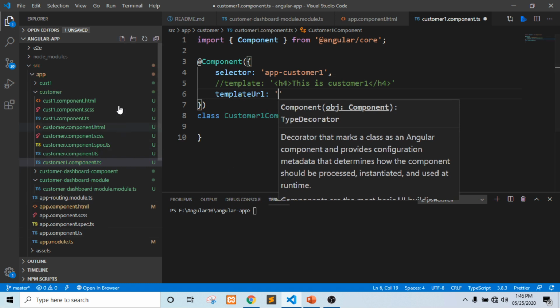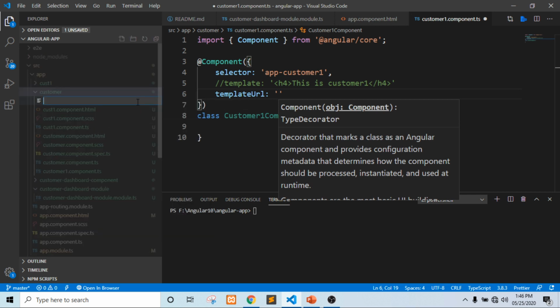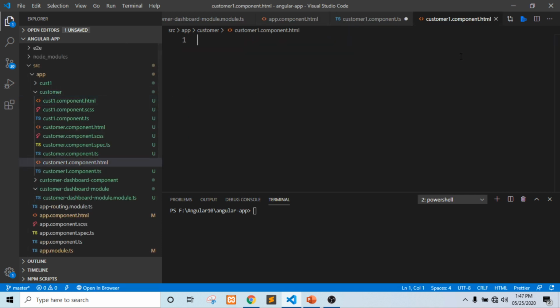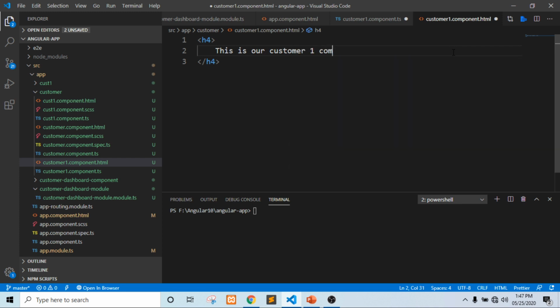So here we can create, inside the same customer folder, a new file that will be our HTML file, customer one dot component dot html. So we have created this file. Here we can put some content, like an h4 tag: this is our customer one component, right?